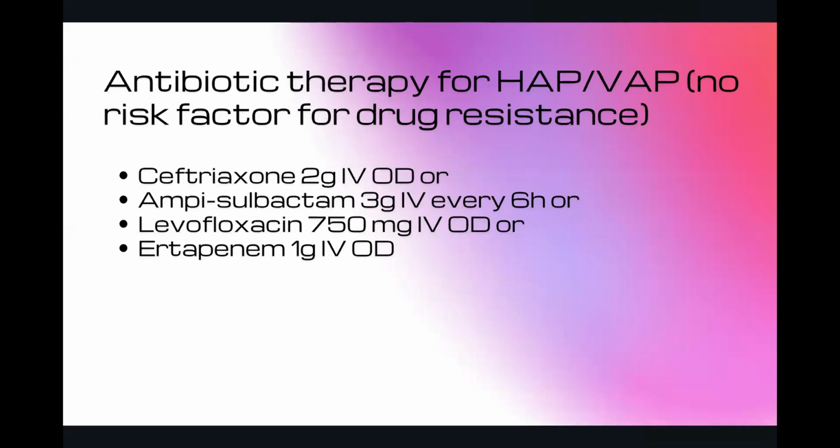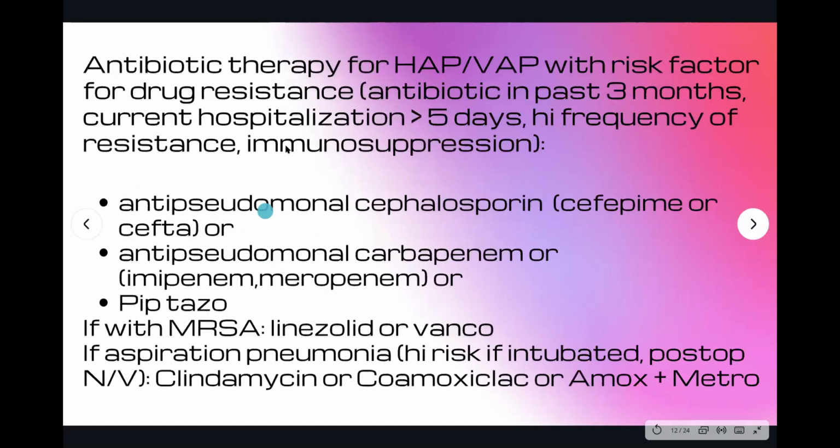For hospital-acquired or ventilator-associated pneumonia with no risk factor for drug resistance, the antibiotics of choice are ceftriaxone or ampicillin or levofloxacin or ertapenem. So the carbapenem does not have to cover for Pseudomonas. Now, if hospital-acquired pneumonia or